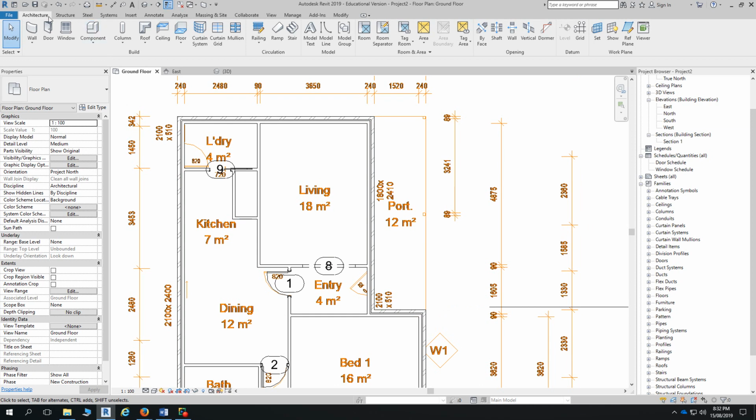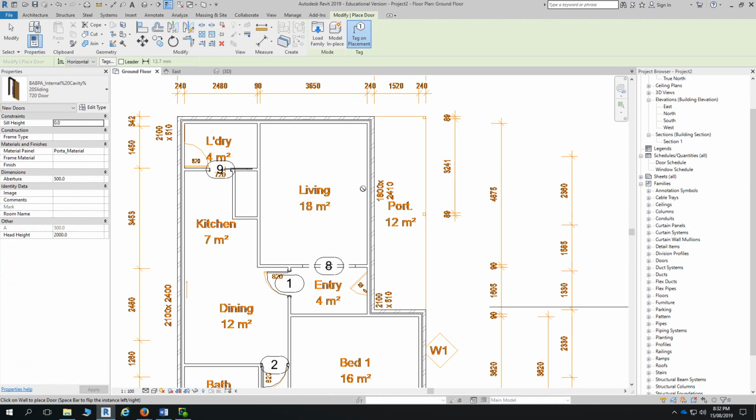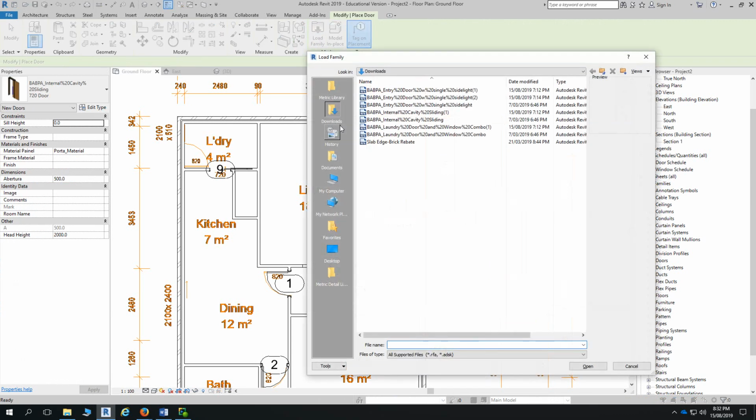Now, if I go to Architecture again, I'll save the project and Load Family. Revit takes you back to where you last loaded something in from. So to get back to the library that comes with Revit, in this little panel you've got on the left,